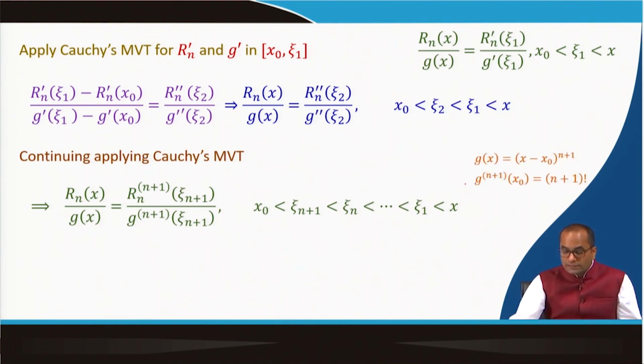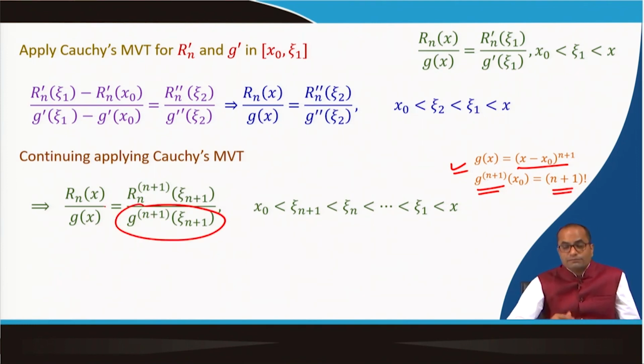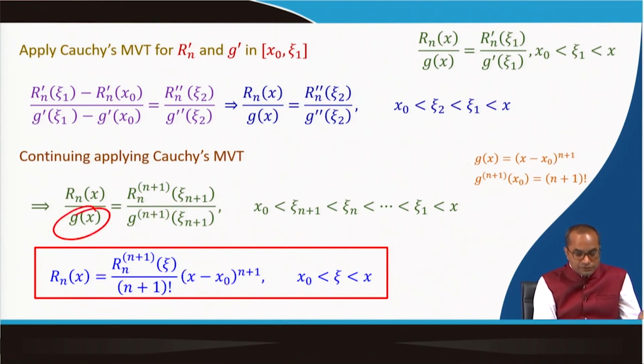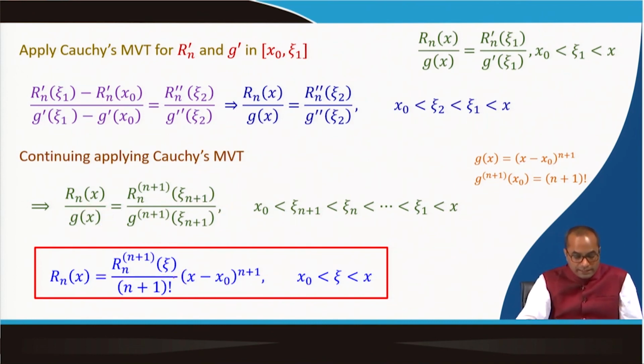So just recall that G(x) was (x − x₀)^(n+1) and its derivative is just the factorial (n+1)!. So we can replace it here by the factorial (n+1)!. So what do we get? We get Rₙ(x) is equal to the (n+1)th derivative divided by this factorial (n+1)!, and this G(x), which goes to the right hand side, here we have (x − x₀)^(n+1), and this ξ which we have